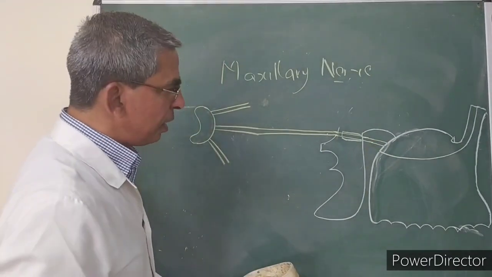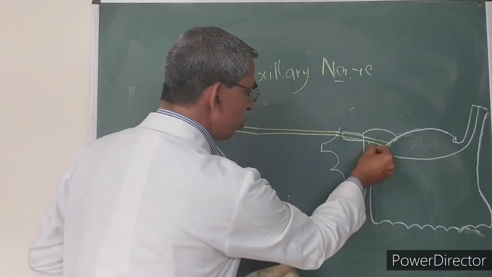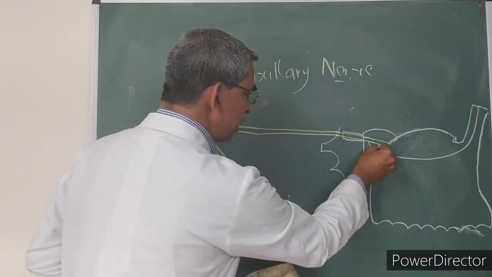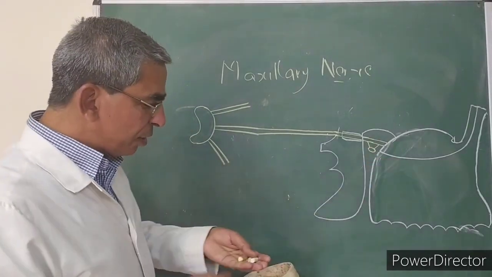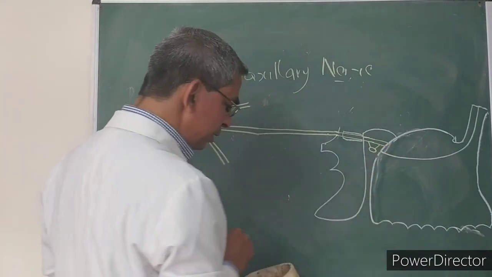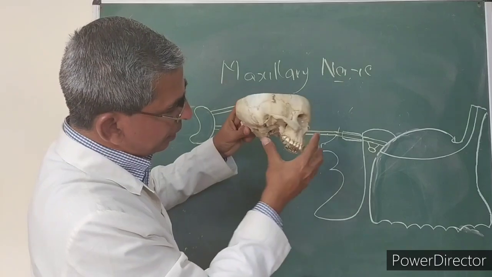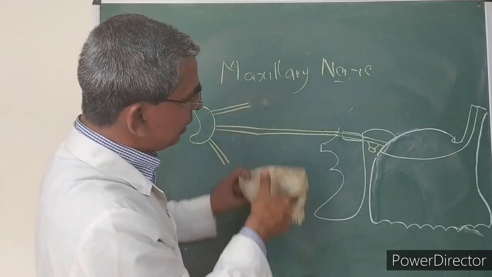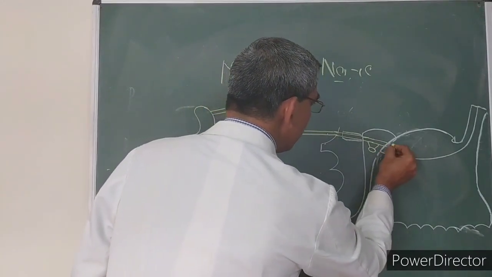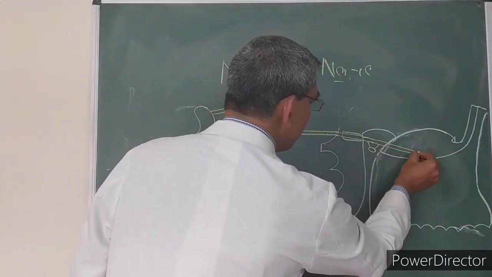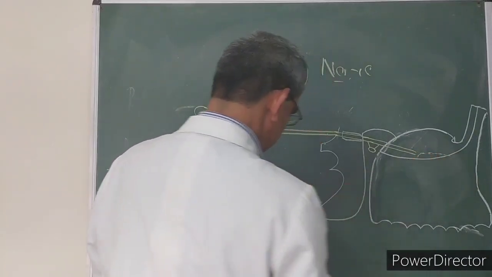the pterygopalatine ganglia by two roots. These are the two roots through which this maxillary nerve is connected to the pterygopalatine ganglia in the pterygopalatine fossa. Then further, this maxillary nerve passes through the inferior orbital fissure, when we enter the orbital cavity. Initially, there is an infraorbital groove here. So it passes through the infraorbital groove here. This is the infraorbital groove. Then the infraorbital canal here. Suppose this is the canal.